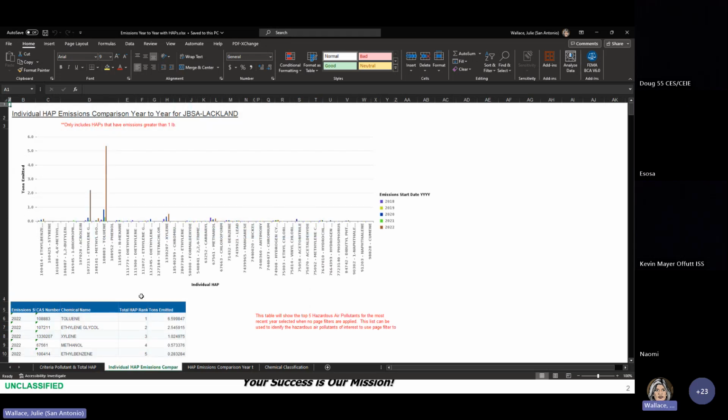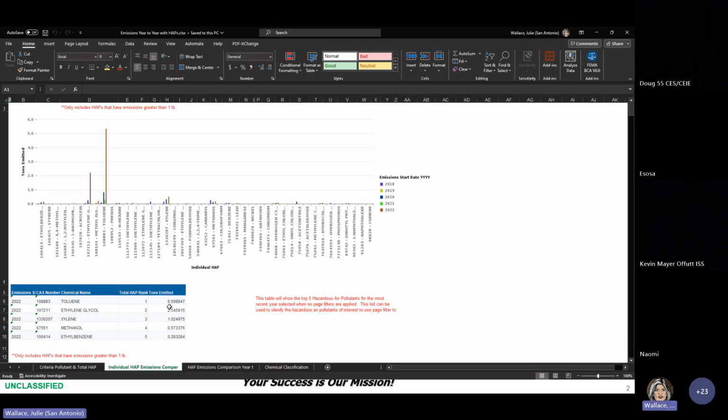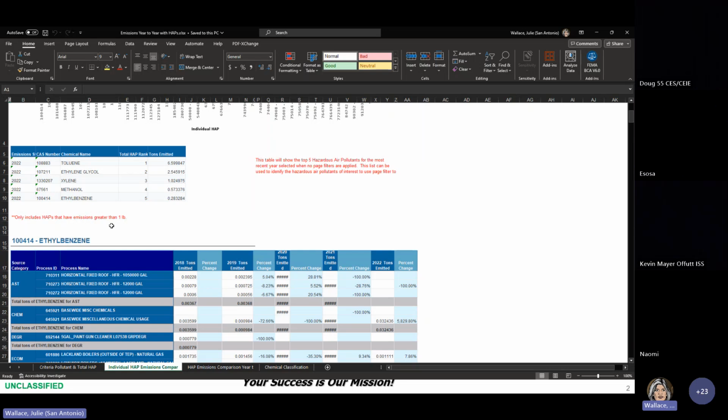Now, if we go look at the HAPs, and this is the scenario we're going to talk about, when I see a large spike like this, it makes me want to ask questions, okay? So as we can see, our toluene is 6.5 tons during 2022. And if I was to hover over, it's a fraction of that in every other year. So let's find